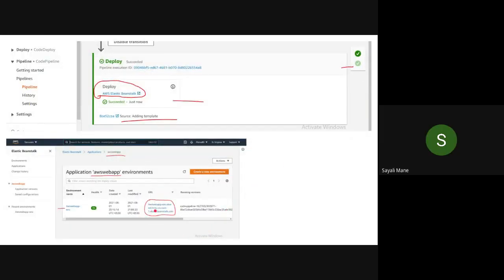Please click on the URL. It says 12 hours ago after success. It's okay for the time, we'll see that later. But if it is successful, just click on AWS Elastic Beanstalk, then click on this URL button.